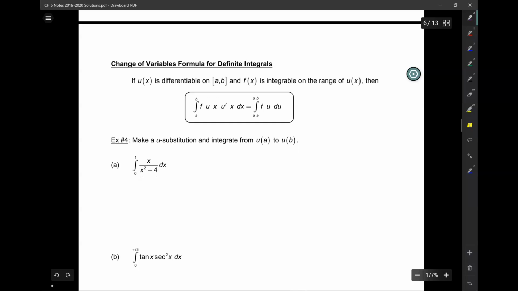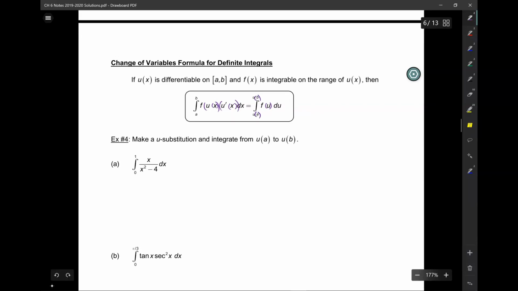All right. Now, definite integrals. Okay, yeah, that's a handout. If u of x is differentiable on a comma b, right? They all have to be differentiable in order for you to take an antiderivative, right? And f of x is integrable, then if you have the definite integral of something like this,